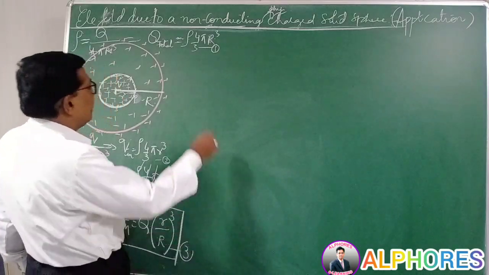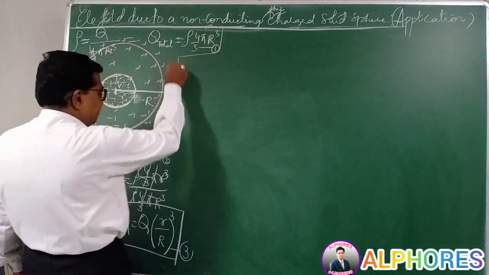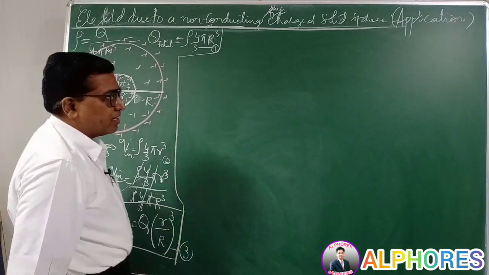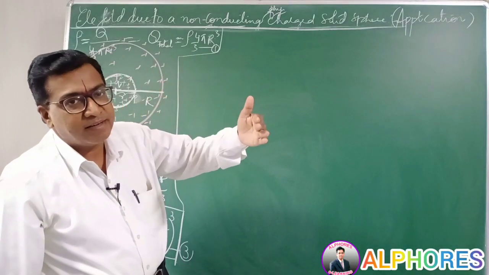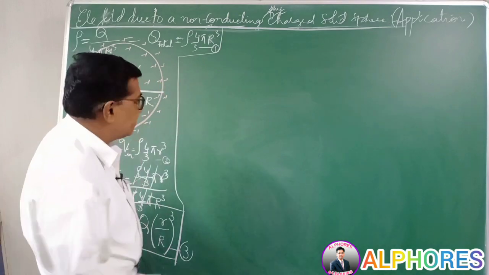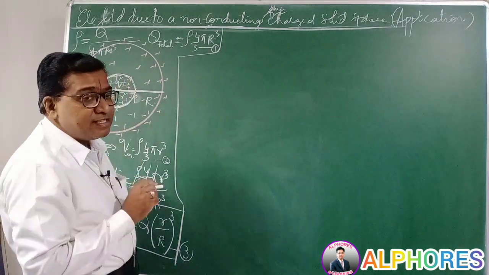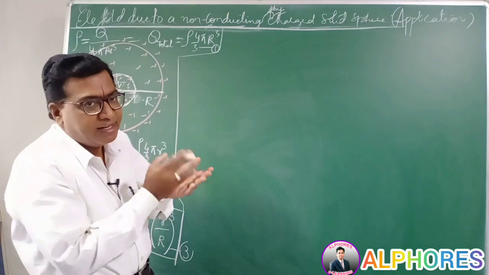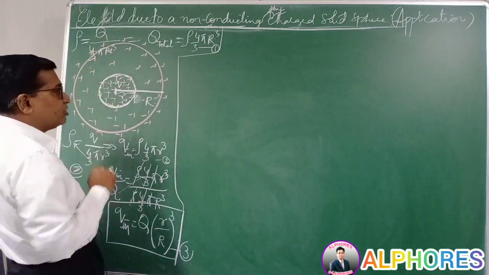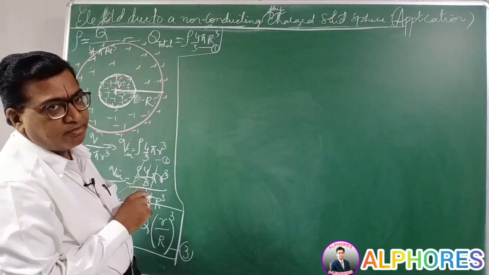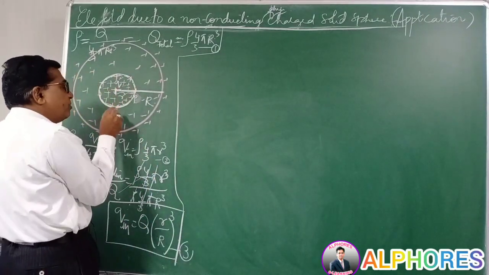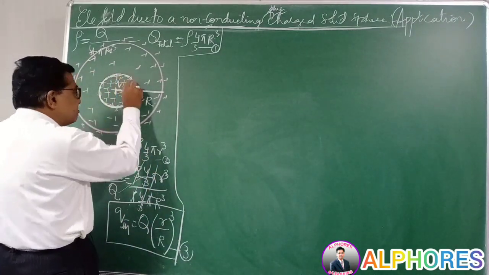whole cubed. Now let's continue with the derivation of the electric field. You know how to go whenever you are asked to find the electric field. The steps: first, imagine a Gaussian surface. So I imagined a symmetrical Gaussian surface, spherical with respect to the charge distribution. First point, it should pass through the point where the electric field is to be found. He has given the point P. So there the Gaussian surface is passing through it.